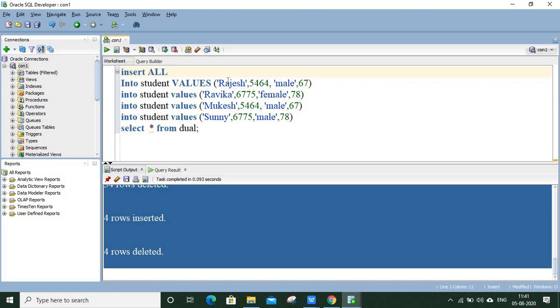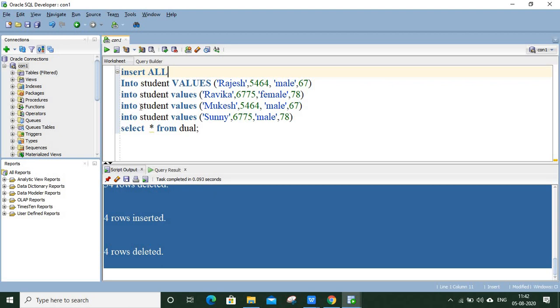So here Rajesh is for the name column, then the roll number, then the gender, and then the marks, and then you will be writing again into student, the same table, and the values for the next row,